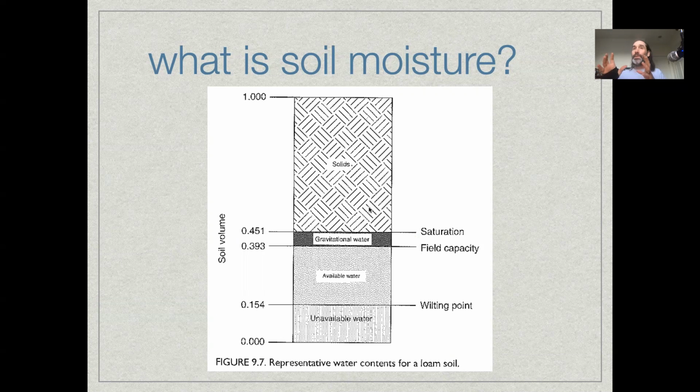So imagine that you're thinking about this profile of soil. I often think of it as a cube of soil, say, and to make a lot of these units easier, I usually think of it as a 1 by 1 by 1 meter cube of soil. So if this 1 meter cube of soil is at the surface, maybe there's another one stacked underneath it